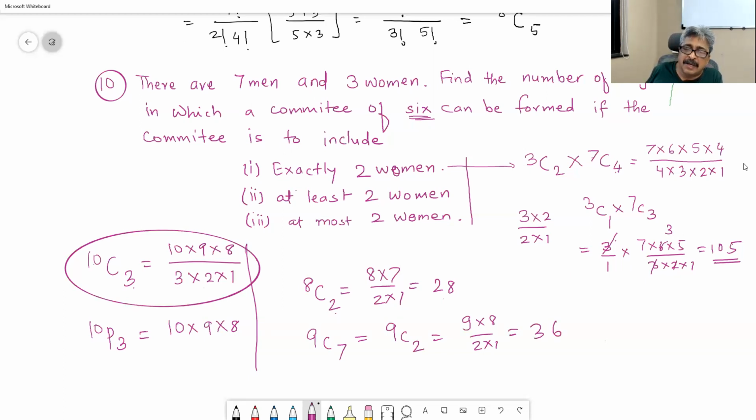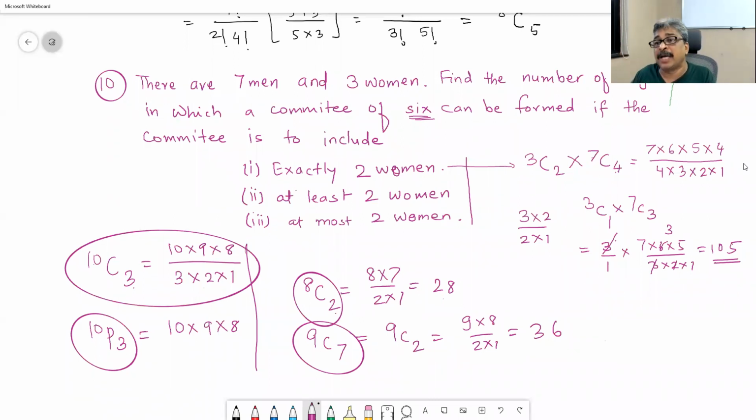Is it fast? Yes, sir. Many times you will have to use choose notation, and very few times, if it is an arrangement or permutation problem, you will need to do this. So if you remember it in this way, you will not make mistakes. Otherwise, what you have to do? First of all, after reading the problem, you have to find out whether it is an arrangement, permutation, or selection, combination problem. That is number 1. That is a very important step. You must find that out. Second, then the formula. Suppose you use it, then what is the factorial notation of that formula? You will have to remember.